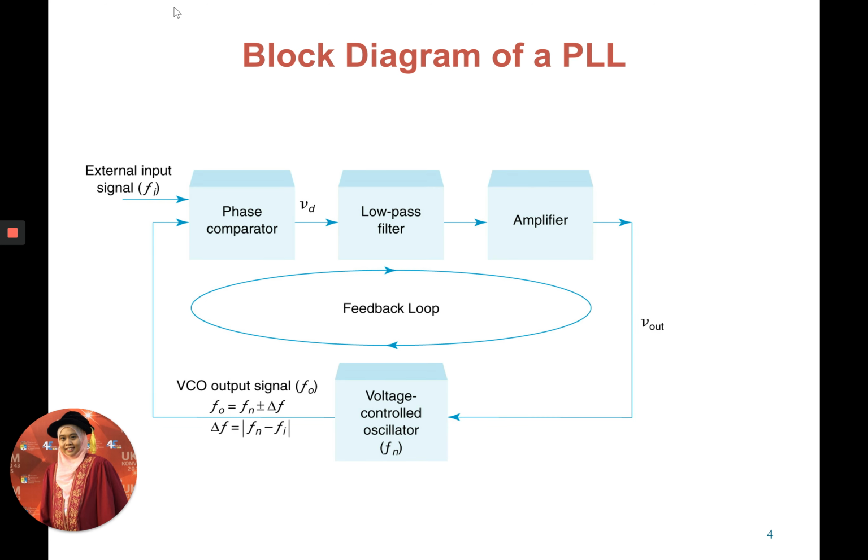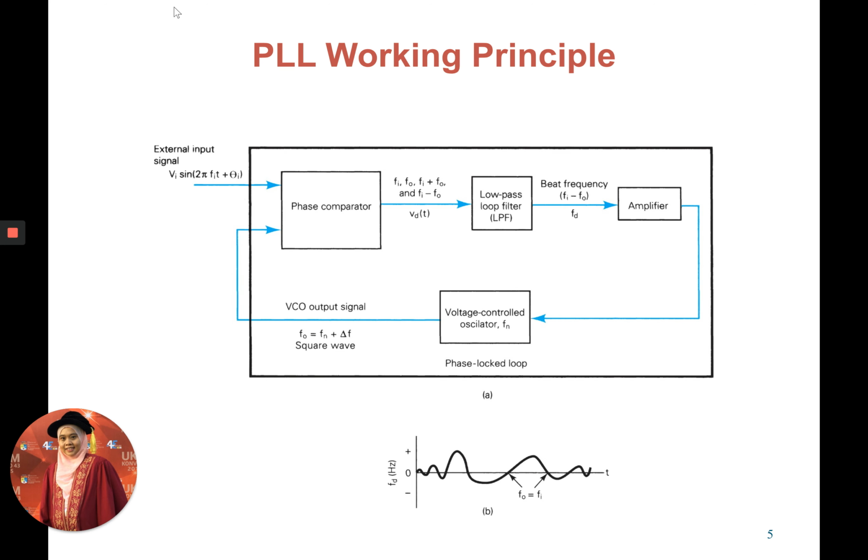This is the block diagram of PLL. It has a phase comparator to compare the external input signal with the output of the VCO, a low pass filter, an amplifier, and also a voltage control oscillator. It is actually a feedback loop system, and we want to use the PLL to get a stable frequency. I will explain the PLL working principle in the next slide,